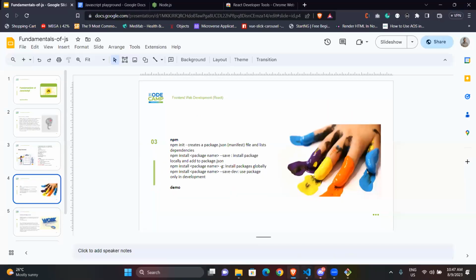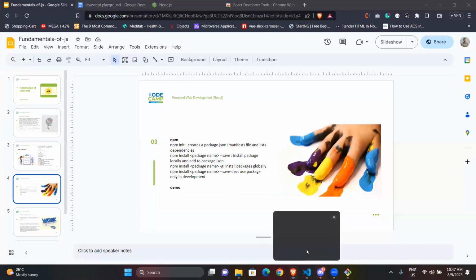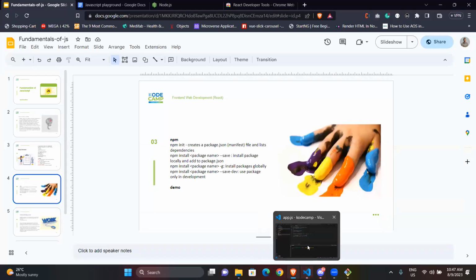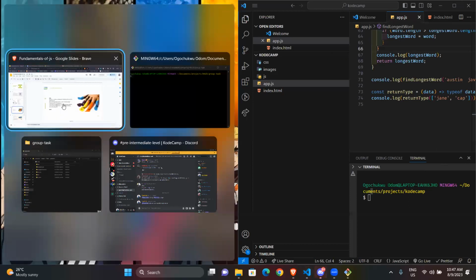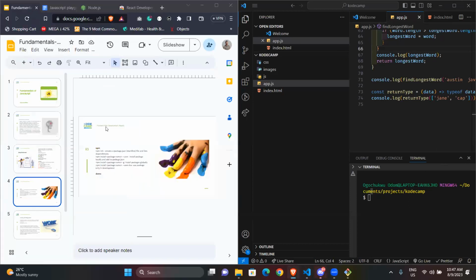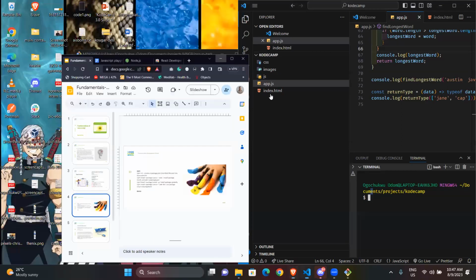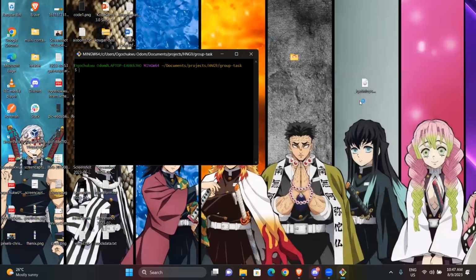So in this regard, I'm just going to open my VS Code again. So instead of using the other terminal, I'll just try and manage. Oops, and I closed it.